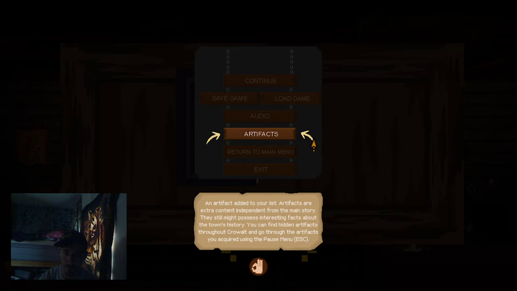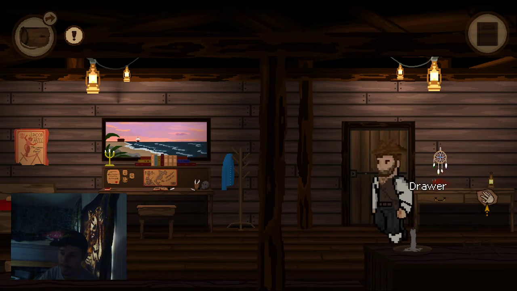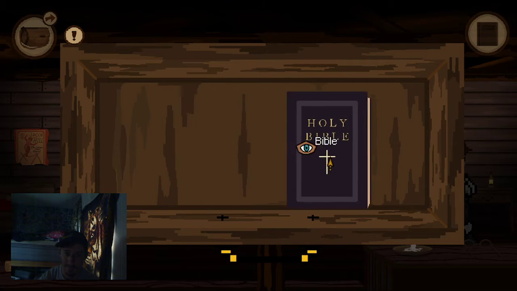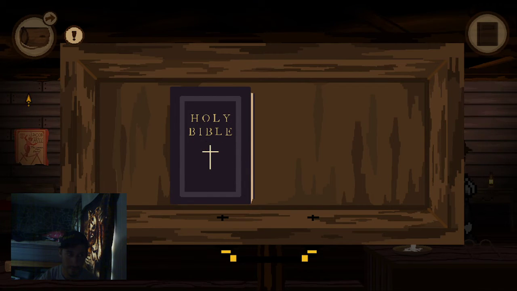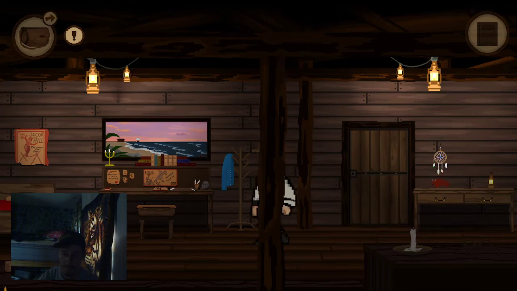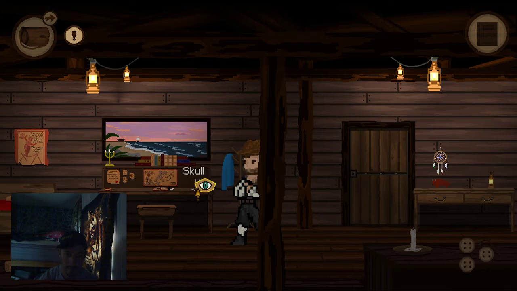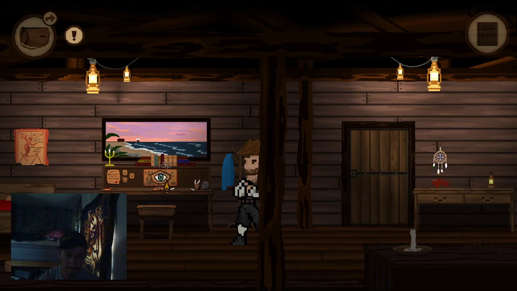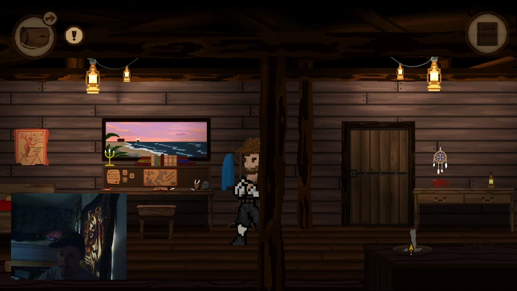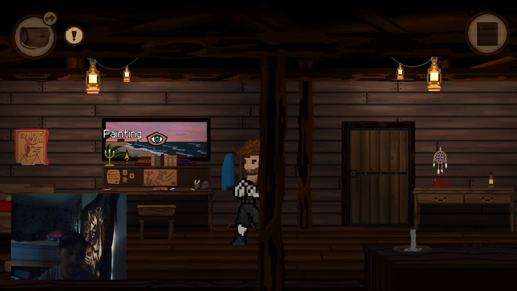Okay, I don't agree with that. Tarot cards, no. What is the Bible doing in the same drawer as the tarot cards? That's not cool. Why do you take the tarot cards and not the Bible? Yeah, see, that's kind of the theme of some of these games. They've got witchcraft and other things, and it's like okay, you don't have to put that in here, but